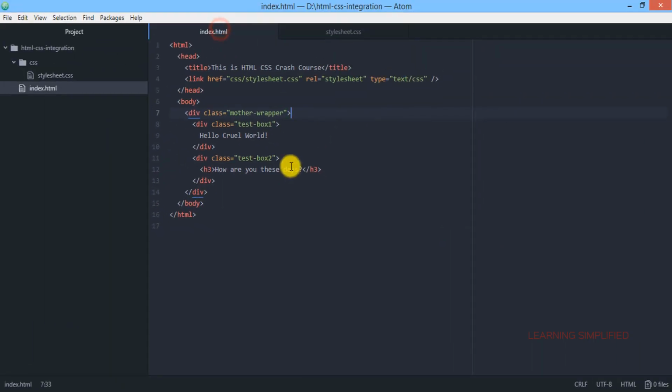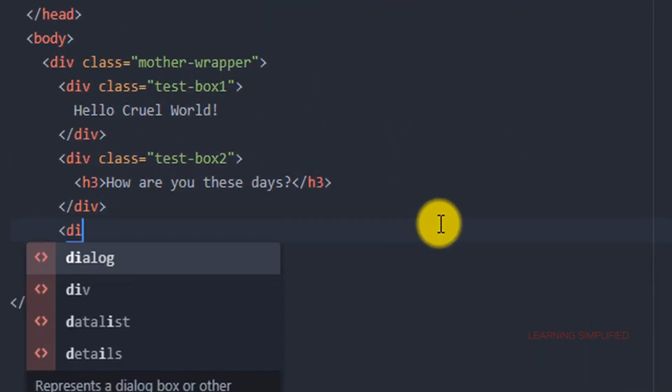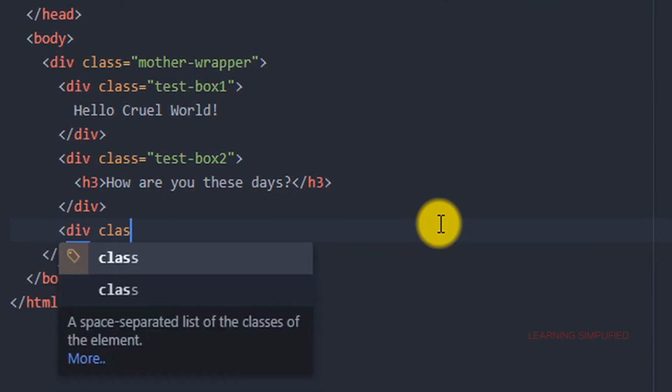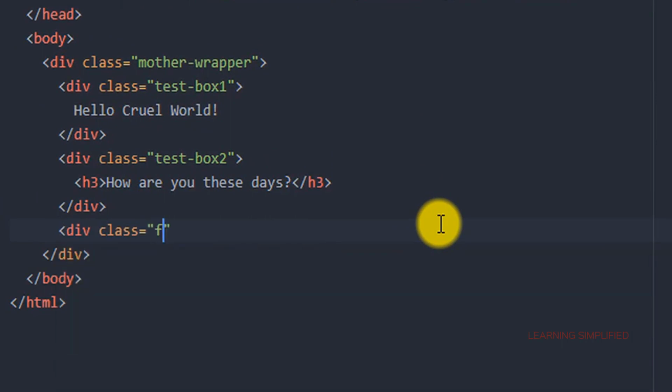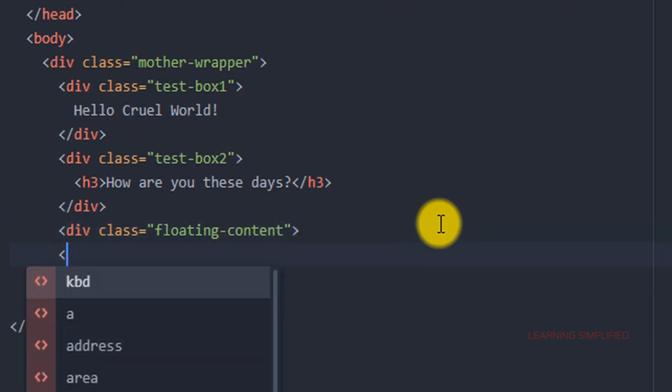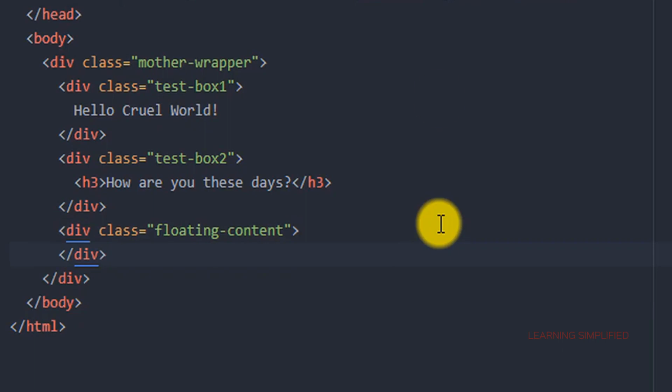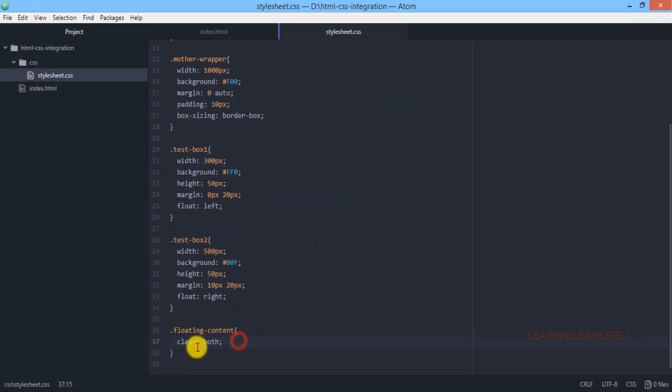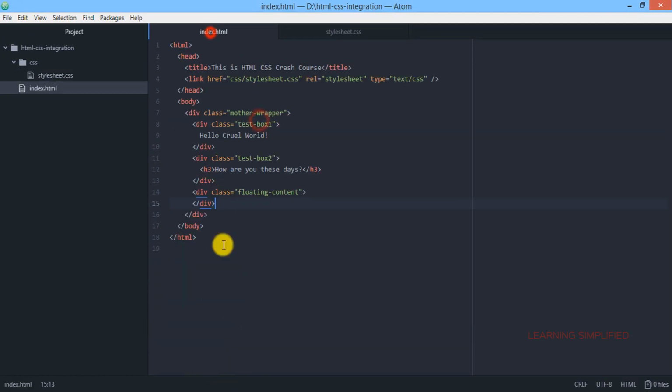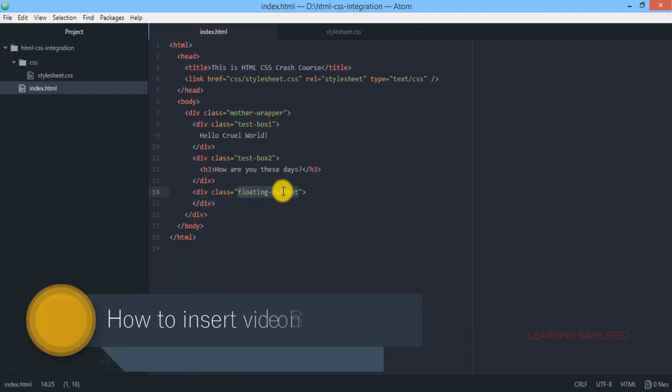Now if we get back to index.html, just beneath this second child element, test box 2, we provide a div with the exact same class name that we have created previously over here. This is the part where we have created it. All you can do is copy it, get back to your index.html, and paste it here.